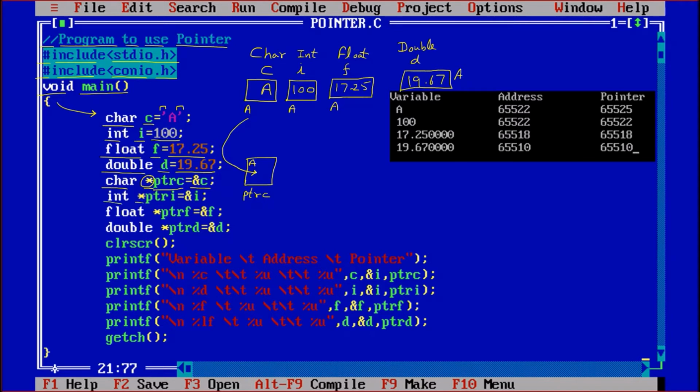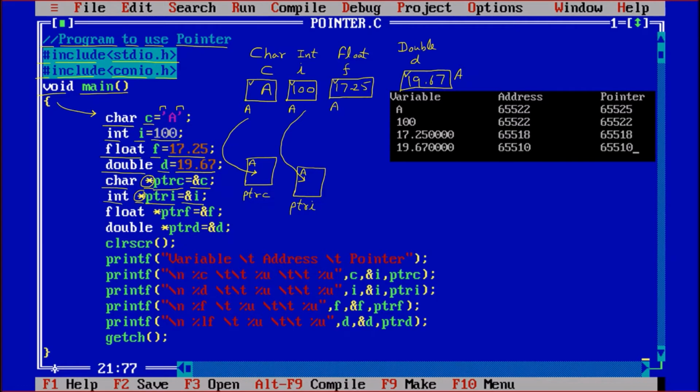Then int star ptri, so one more block in the memory is reserved, and that is ptri, pointer to integer, and star signifies it is a pointer, and &i means it is taking the address of i inside that, because a pointer can only store an address. And we know that the data variable c stores the value a, i stores the value 100, f stores the value 17.25, d stores the value 19.67.